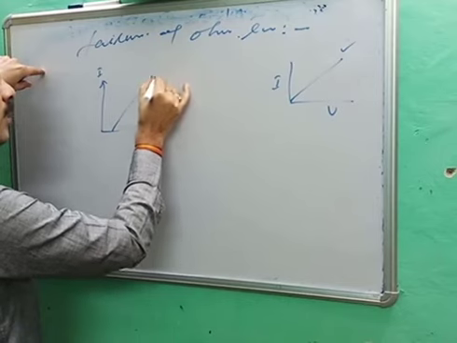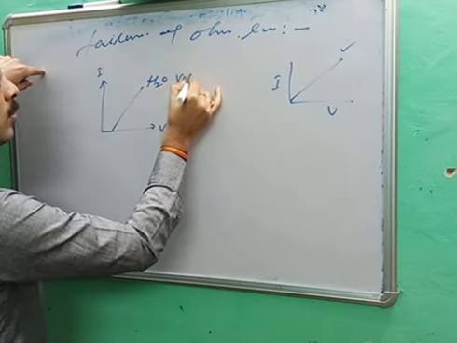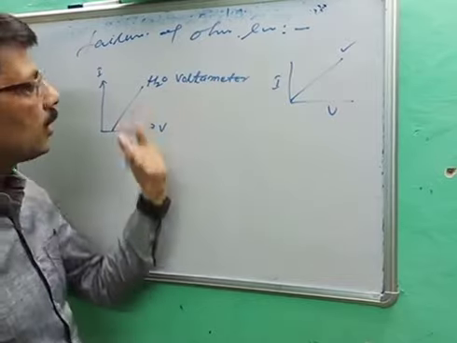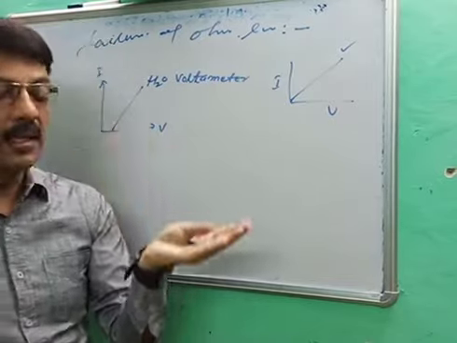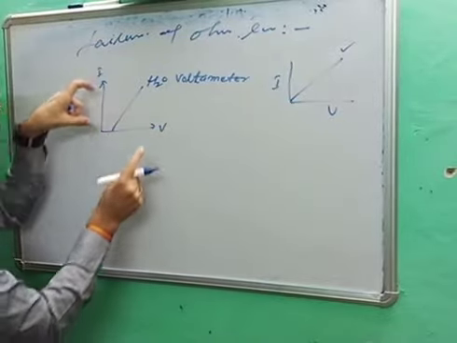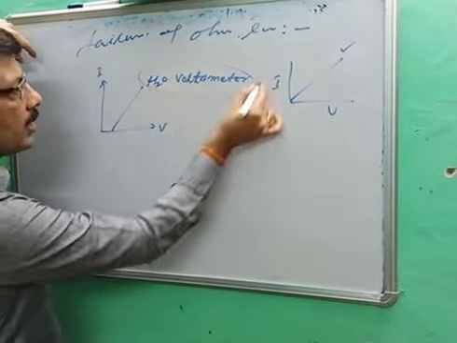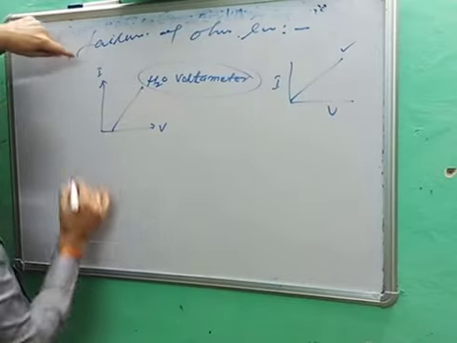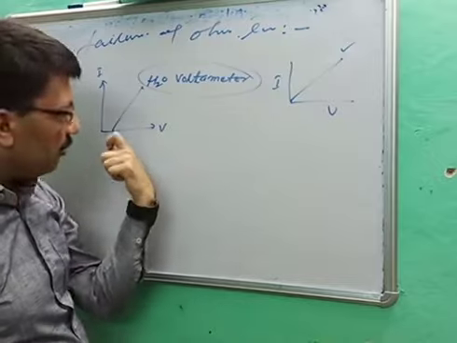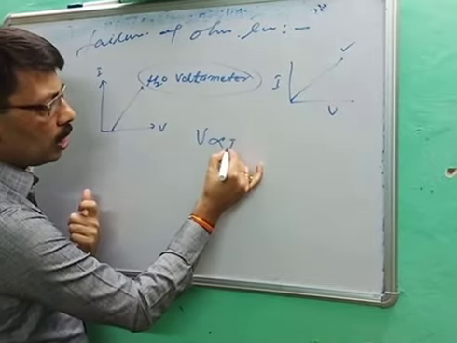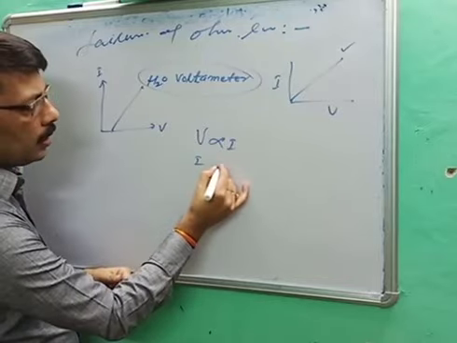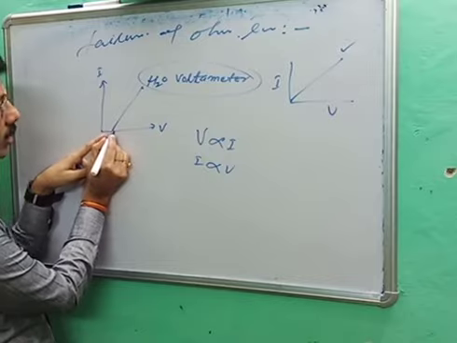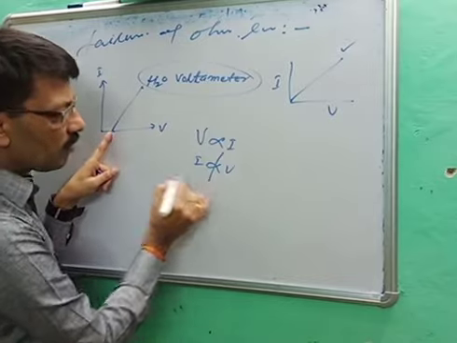This is a water voltameter. This is the instrument by which we can produce oxygen and hydrogen. You will study it in higher classes. But let's suppose you are getting the graph for the water voltameter as V and I, and you are getting a straight line, but it does not start from the origin. But in the previous lecture, I taught you V is proportional to I, or I is proportional to V. Here V increases from this to this, but still I is 0. It means it is not following this condition.